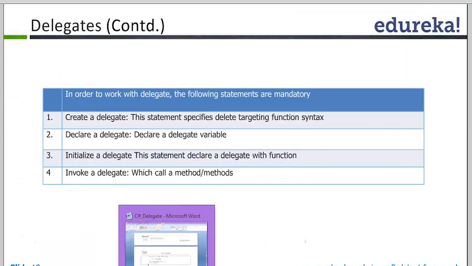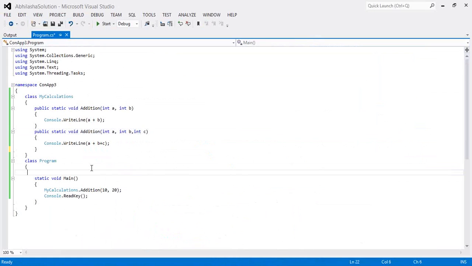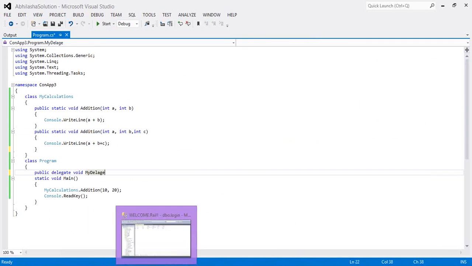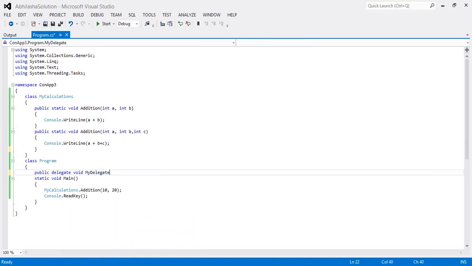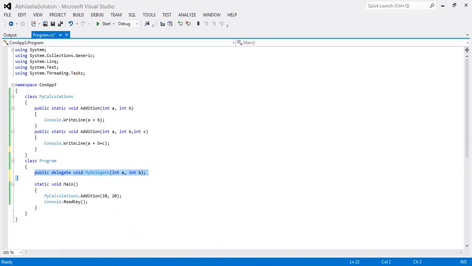Now, for example, I want to call a delegate like first delegate or second delegate. Let's see this. How to create a delegate? Here I'm writing public delegate, and I write the function name I want, with no return value, and my delegate is MyDelegate. And what are the parameters? I would like to have 2 parameters, integer A and integer B. Now you can understand that there is a delegate declared by the architect or someone, which is a clue. If you declare a variable for MyDelegate, it is going to expect any method which takes 2 parameters.